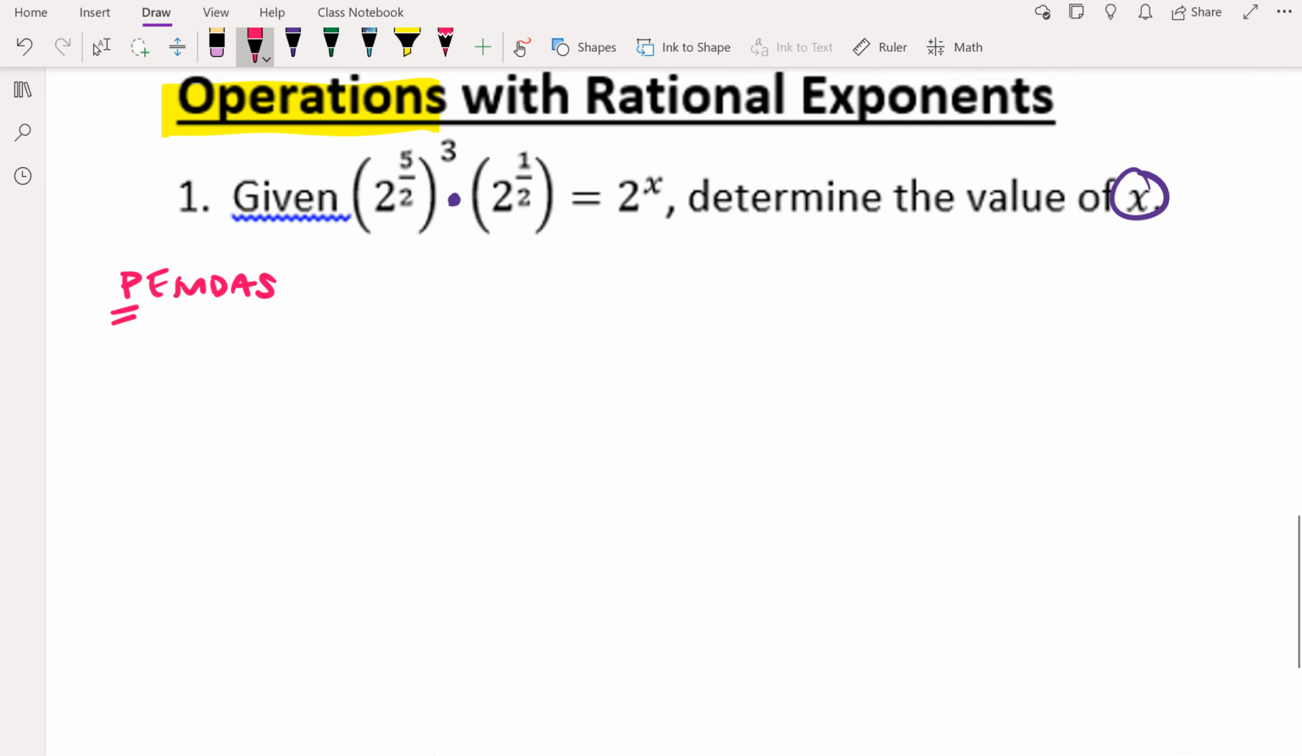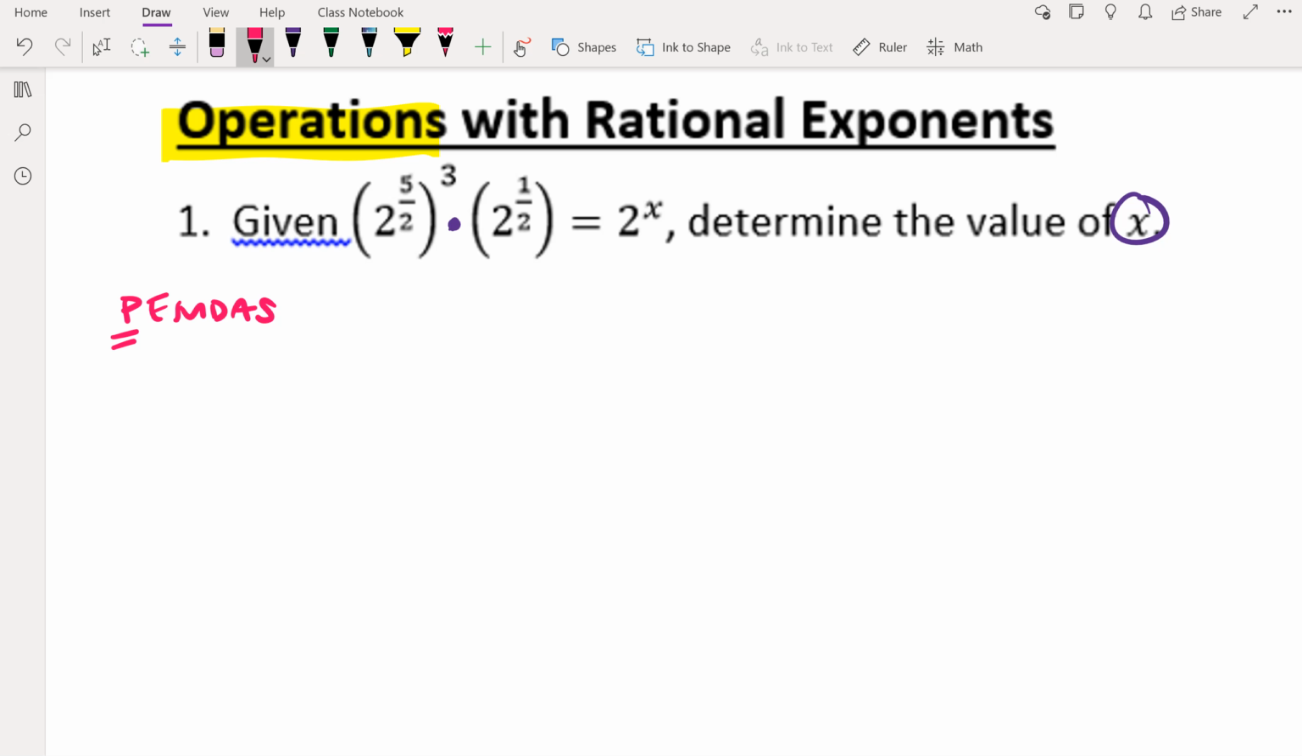So let's use our exponent rules. This 3, parentheses, we can't do anything inside the parentheses to simplify. So we're not going to do that. What about E? E stands for exponents. All right, so we do have an exponent on the outside of our parentheses. What is the rule when you have an exponent on the outside of your parentheses? We should multiply that exponent in. Okay, so this is the same as 2 to the 5 halves,